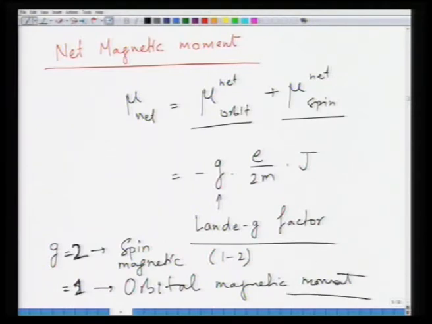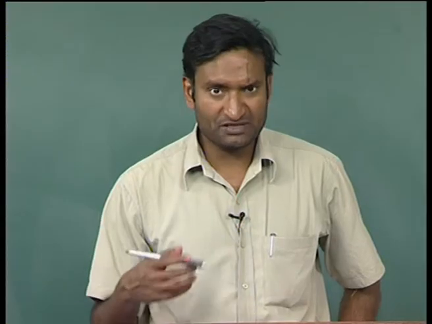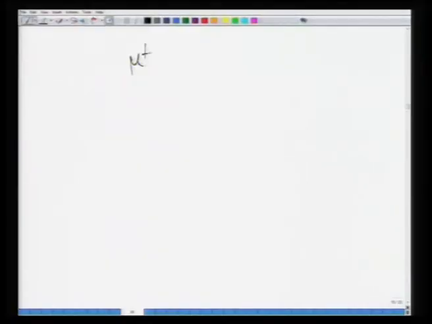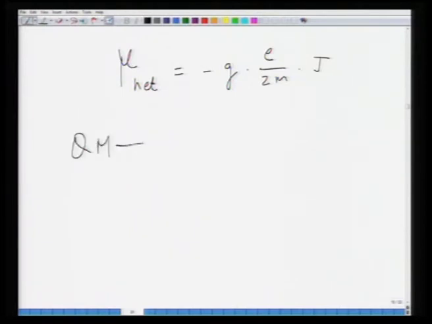If it is between 1 and 2, then of course it's the sum of both of them, or a mixture of both of them. So again, there is another problem, which is because of quantum mechanics. Now quantum mechanics says that, first you know that mu total is equal... you know that mu net is equal to g e by 2m J, but according to quantum mechanics this J is also quantized,